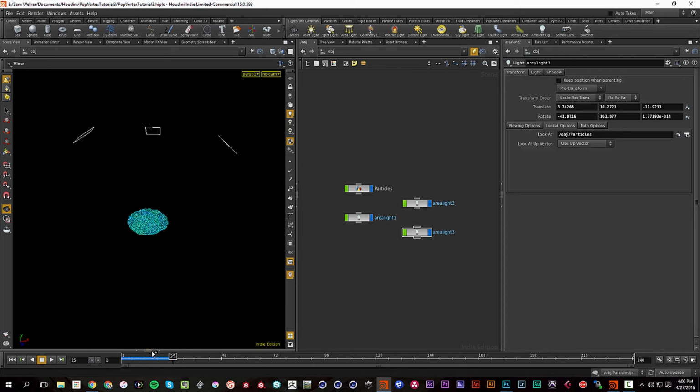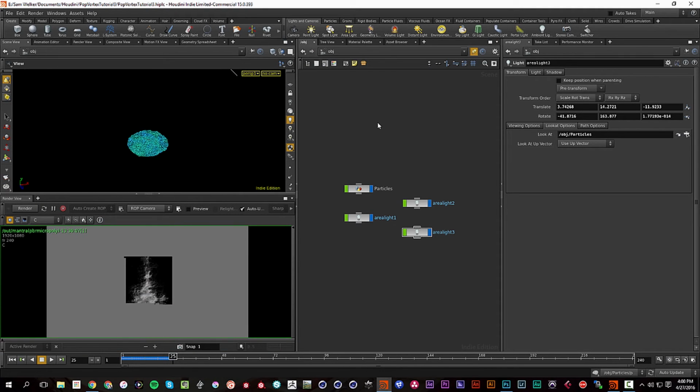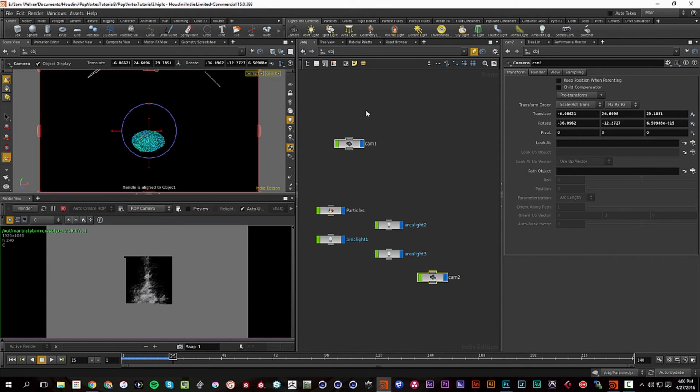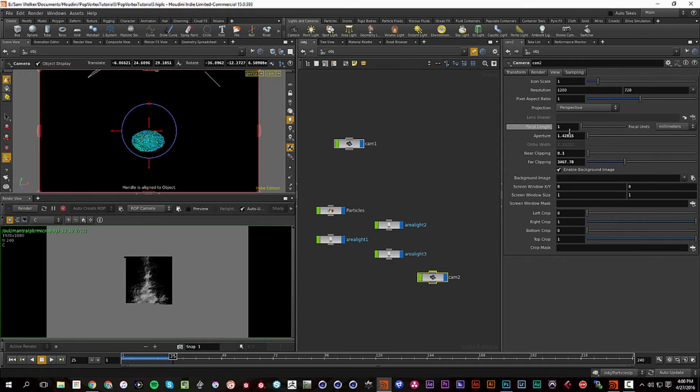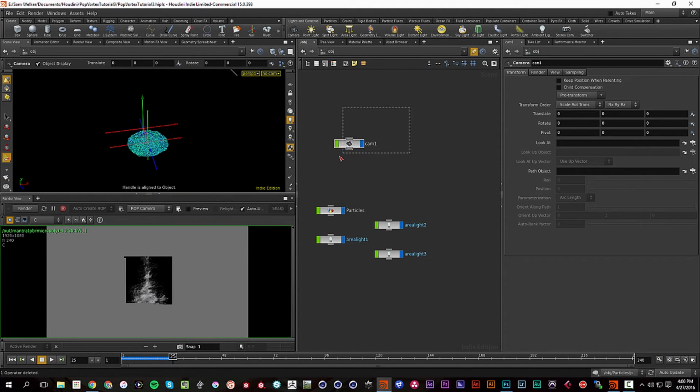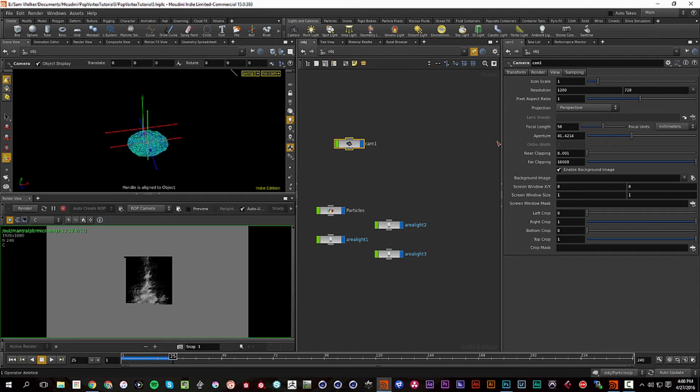So now we can render our particles, and I'm actually going to drop in a camera too. I always type it in. I never hit the shelf tool and hit control because the view focal length is set to 1. And if you've ever used a camera, you know that your focal length should never be at 1 millimeter and look that close. Basically, it changes the